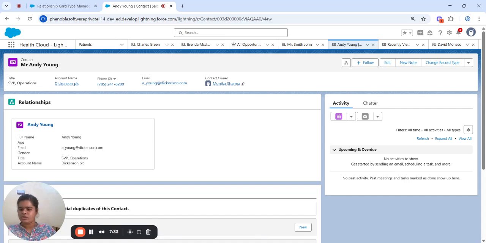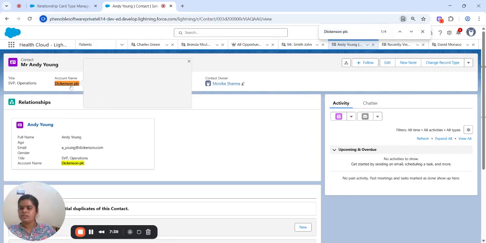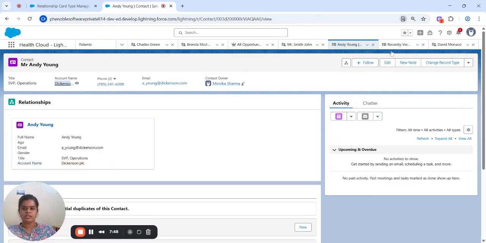If you see, this contact has the Dixon PLC account name, so the account name is this, right? And the full name was Andy Young. Age is not mentioned here. I think the age is not filled in for this contact. That field is empty, and this is the email, gender, title, right?